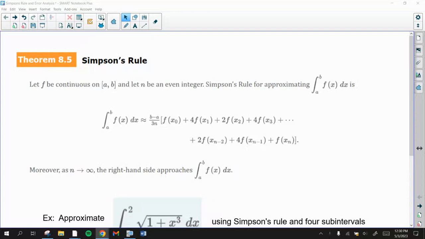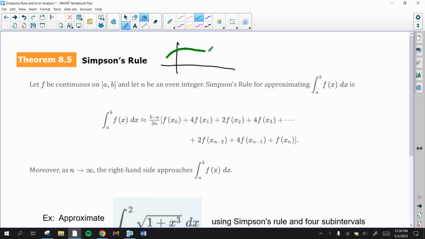Okay, so this video is about using Simpson's rule to approximate an integral. Really quickly, Simpson's rule is just like our Riemann sum approximations, like our trapezoid approximations, but better in most cases. What Simpson's rule does is, just like all approximations, you'll take